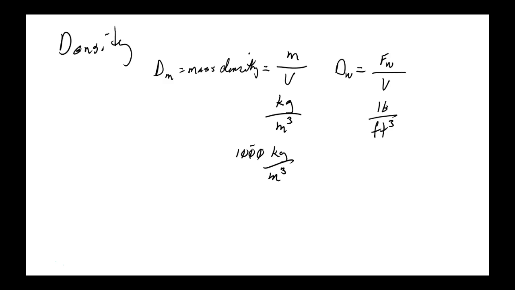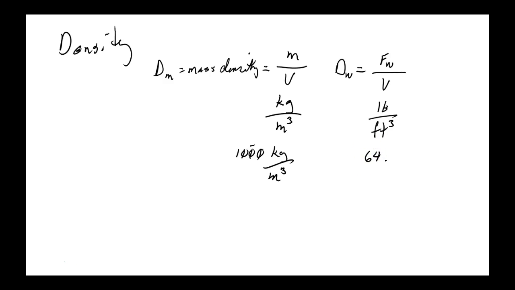So if you had 1 foot by 1 foot by 1 foot, that's 1 cubic foot. That was 1 cubic meter, hugely more. Well, 1 kilogram weighs about 2.2 pounds. So therefore, you've got a smaller unit in pounds, so you have more pounds. So in water, that would be